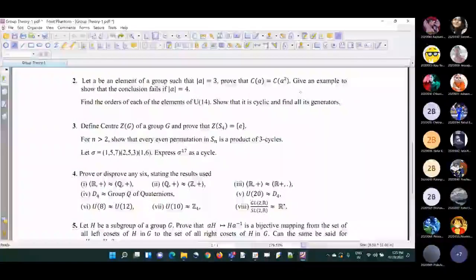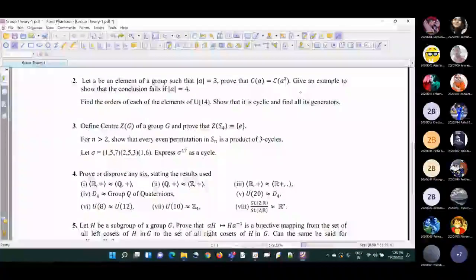They come in the generators. They come in pairs, except if a group is of order 2, then there is the identity and another element. So that particular element has to be self-inverse. Suppose E and A are the two elements in a group, and then the generator of this, of course, identity is not going to be the generator of that group.